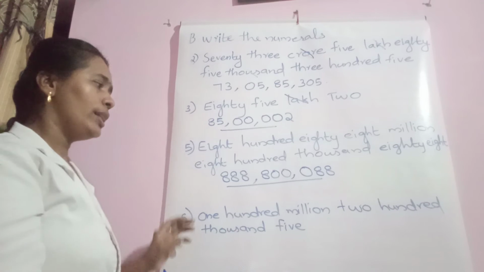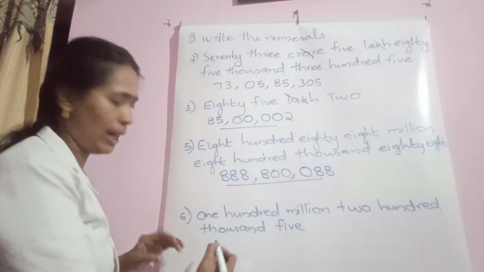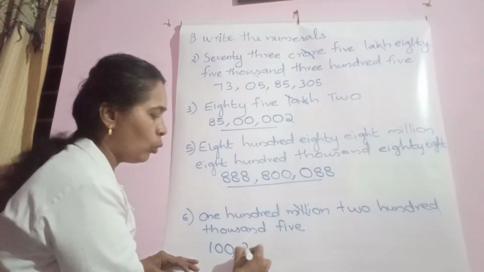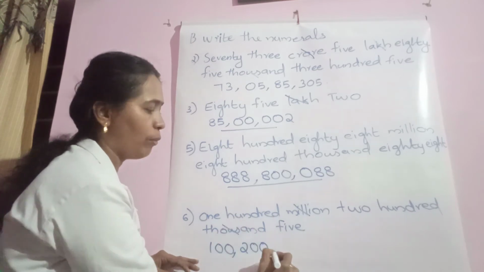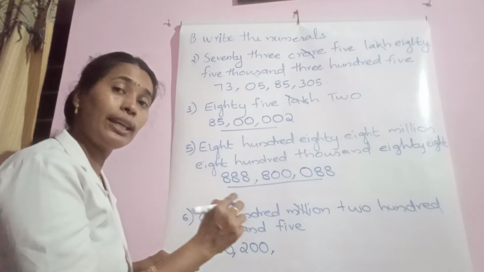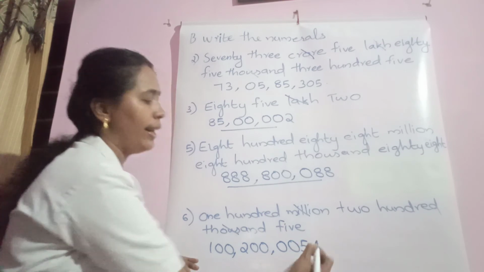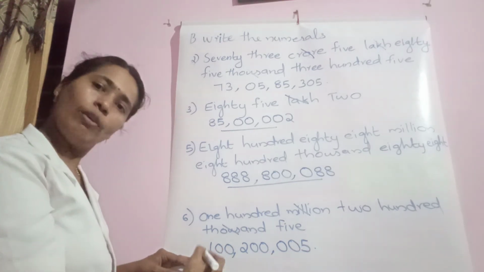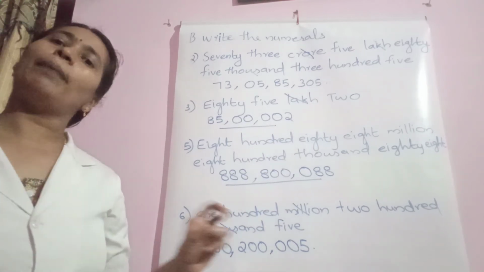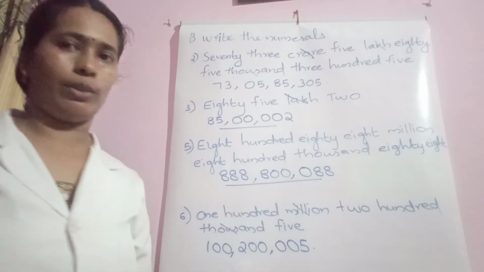Here also the same, the international system of numbers is given. 100 million. 100, then instead of million, comma. 200,000. Instead of 1000, comma. 5 only is given. The hundreds digit and tens digit are missing, so how do we fill? By writing zeros. Then the last digit, the ones digit, is given as 5. It is finished. So only 2 questions remain. Complete the same in your notebook. Okay, worksheet enough. Let us move to the next question.